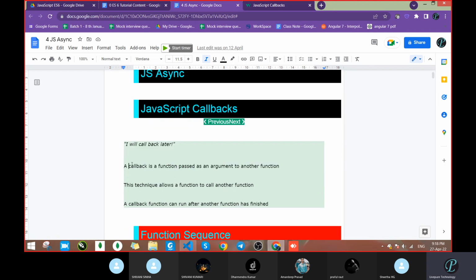So a callback is a function passed as an argument to another function. What does this mean? We will create two functions, but in one function we will pass the other function itself as an argument, and that is known as the callback function.